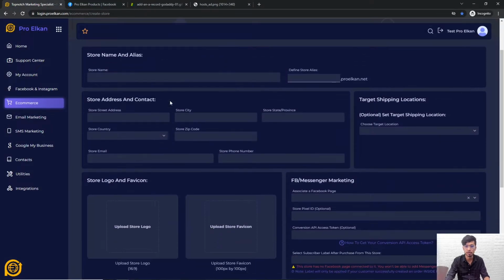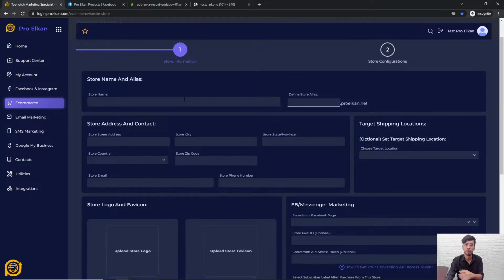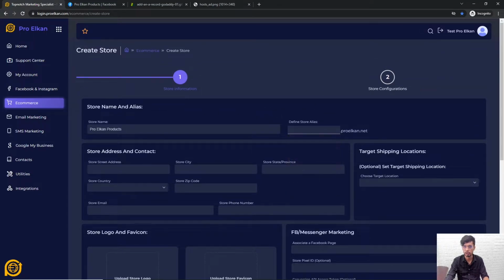So, okay, here is the interface for creating a store, wherein it has the name, alias, and basically we'll just go through everything here. So for the store name, let's just paste the Facebook page that we have. And here we have a defined store alias. Now you will see that it is under .proelkan.net. So let's say it's going to be